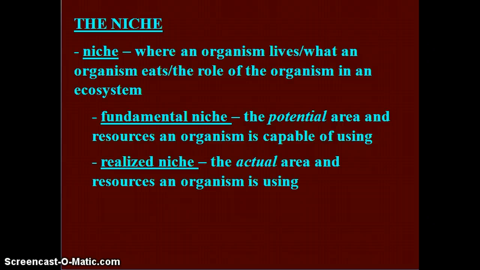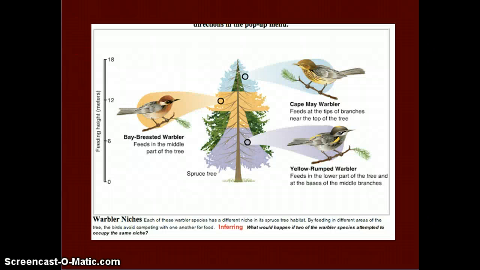There's the fundamental niche, which means the potential area that it can occupy. And there's the realized niche, which is the actual area that it occupies. So if we look at this picture here, the fundamental niche of the birds is the entire tree. But if we look specifically, the Cape May warbler, its actual or realized niche is in the top of the